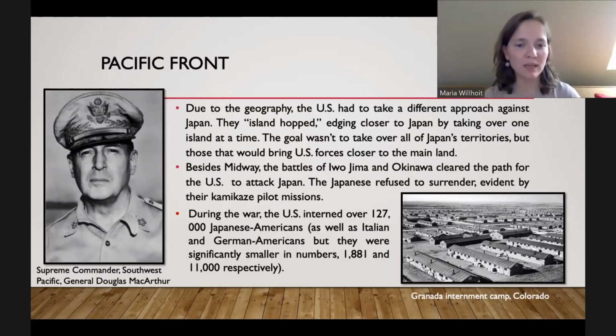But it was really the Japanese who got the brunt end of the stick, because Italian Americans are a very large population. Roosevelt is actually part Italian American. So a lot of them didn't follow the rules. The rules weren't really strictly followed on Italian Americans. German Americans too, they're the largest immigrant group. Again, they're not really seen as hostile. The Japanese are seen as more hostile because they're the newer immigrant group. Germans have been in America for hundreds of years. The Italians have been there for 100 years. Japanese were just coming over to America starting in the early 1900s. So they're seen as a bigger threat.